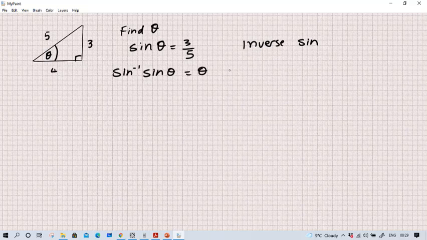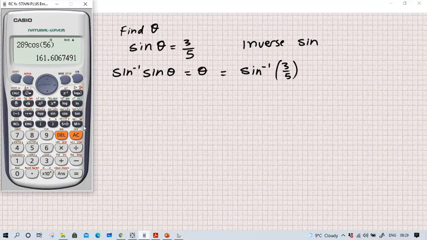If we do that on the left, we must do it on the right as well. So theta equals sine minus 1 of 3 over 5. And we look at the calculator to see that function. So we are looking at sine, the inverse, shift sine gives us the inverse function, 3 over 5. And close bracket, and that will give us an angle in degrees of 36.869 degrees,